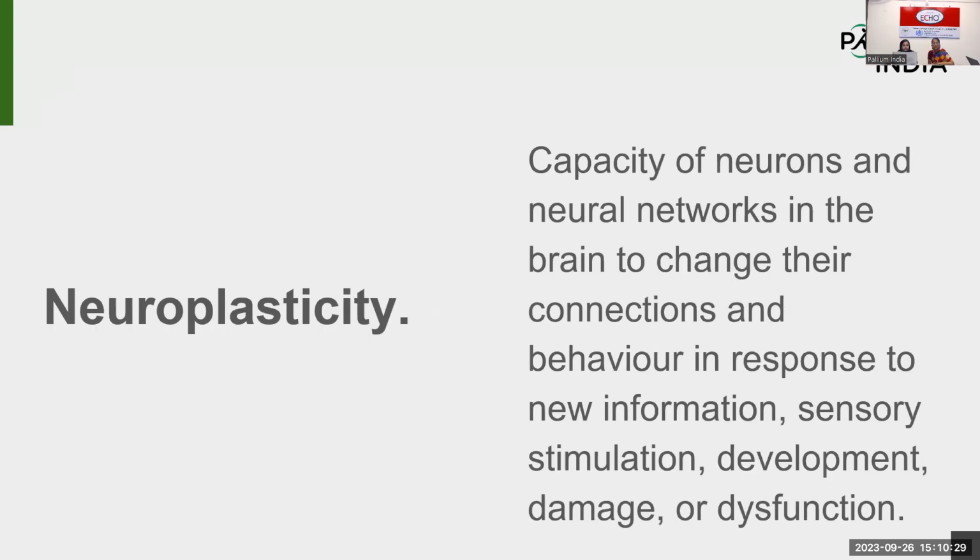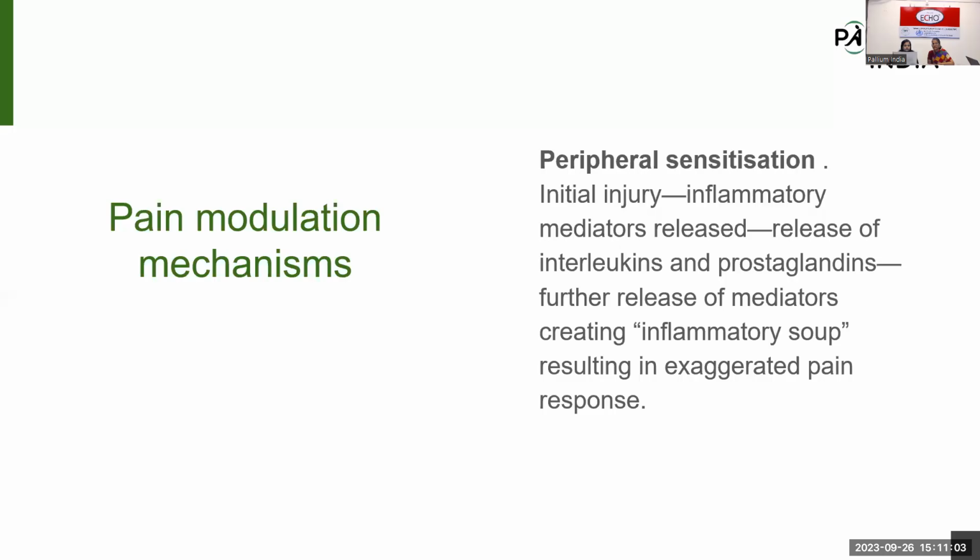Next slide. So what is neuroplasticity? It is the capacity of the neurons, as I said, to change. They may form new networks, and they can create new connections. For example, it could have just been a sensory stimulus, but the surrounding sympathetic system can also get activated from that original stimulus. And there can be extra behavioral changes which can happen, and that in turn results in damage or dysfunction. Next slide.